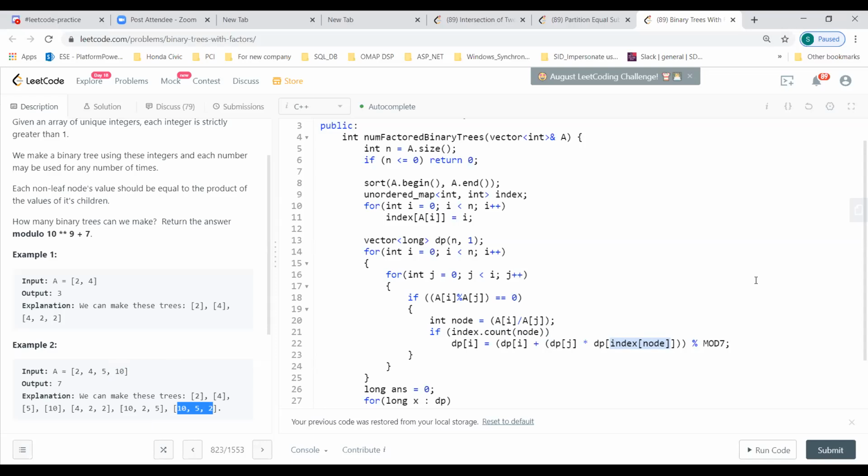So it's bottom up overall. Yeah, it is bottom up. If somebody wants to go for top down, what will we do? Same thing, the recurrence relation: T of n is equal to the sum of T of i into T of n by i. For top down, maybe we can do a sorting in descending order, then recursively go to the end and start building the tree from there. What will be the recurrence relation? Number of trees formed is equal to...